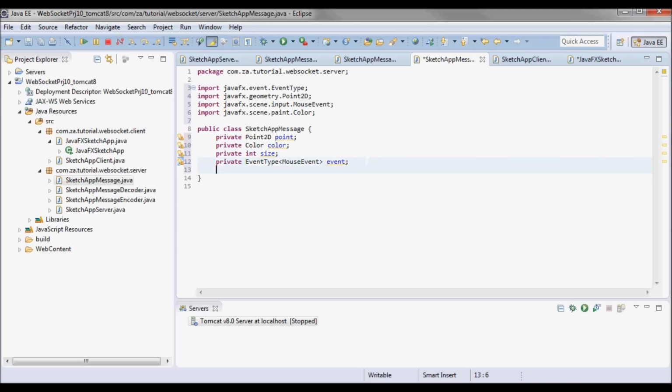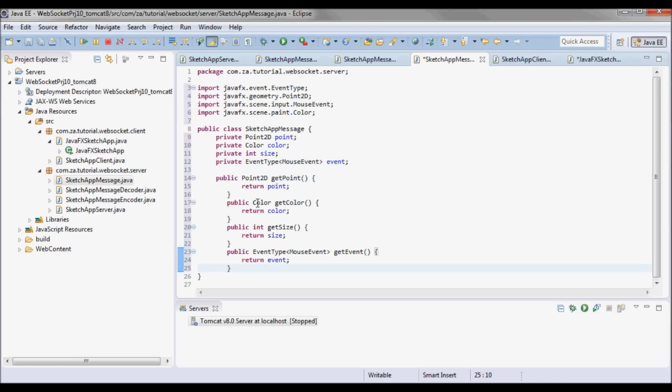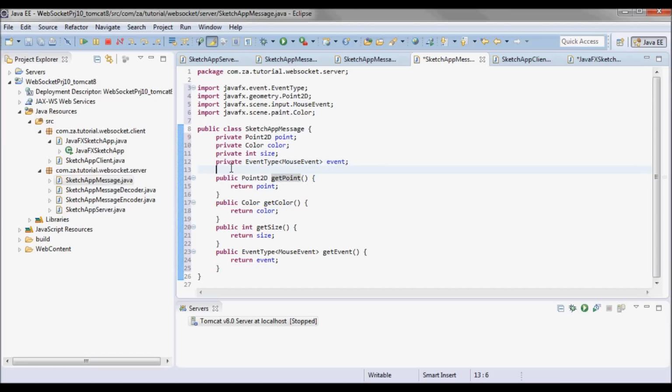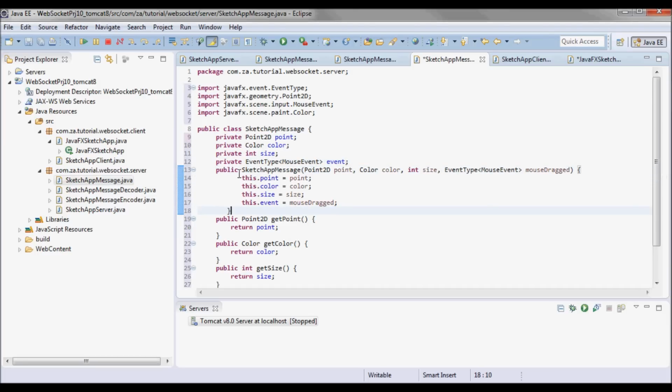And I'll have get methods for each one of those fields, and they will be initialized with a constructor. So I'll have a constructor that takes in the point, the color, the size, and the event type.